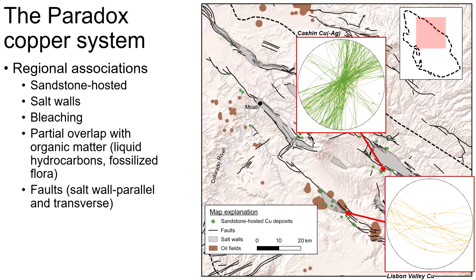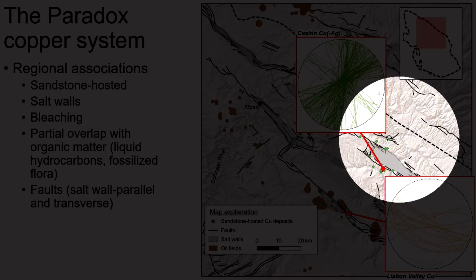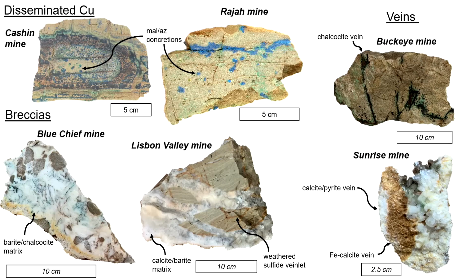to see, but we can tell with this stereonet here that a lot of the veins associated with the copper are running roughly northeast-southwest, perpendicular to those major trends. So I'm going to take you later on into the world of the Cashin copper-silver deposit. So remember where this is for just a moment while I give you examples of what these ores actually look